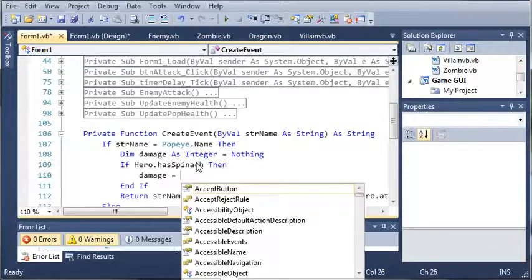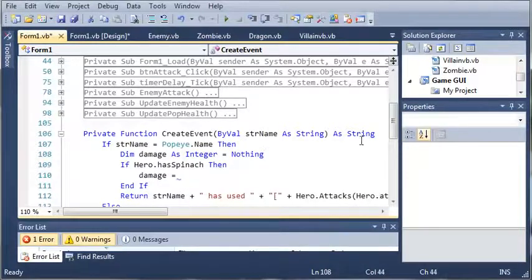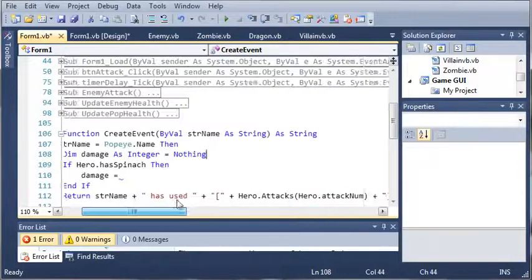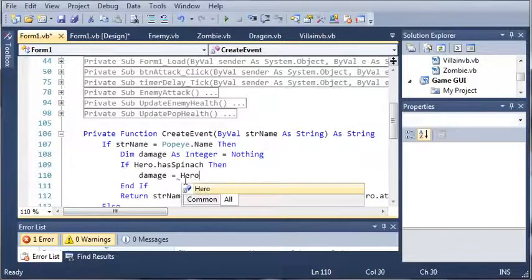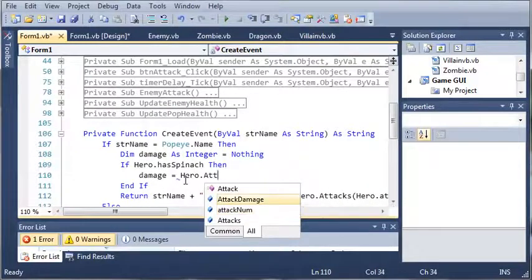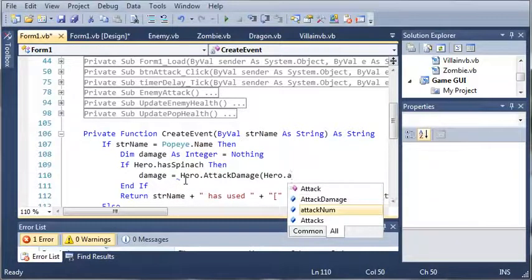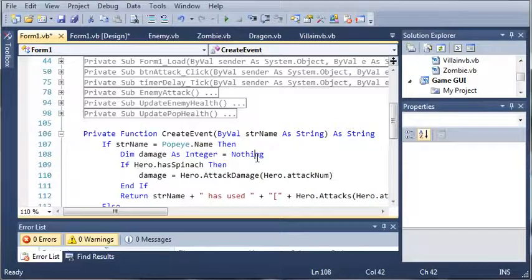Damage is going to be equal to hero.attackDamage at index hero.attackNum. So we're accessing this array at the index of attackNum, which is the randomly generated number. And so if he has spinach, then we want to multiply that by 2. And so we could put an else statement right here, but instead, I just thought of this, we can go